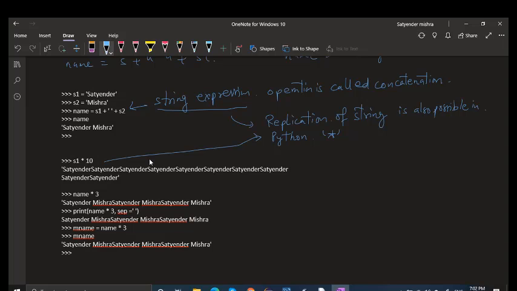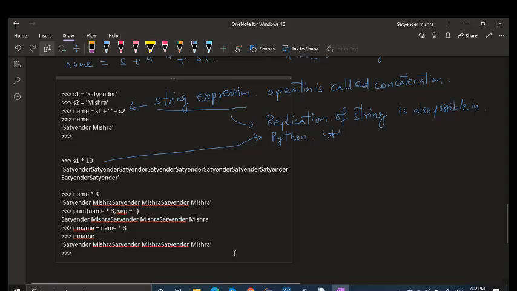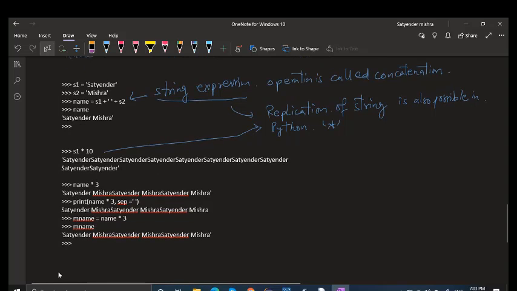Let me talk about a very simple thing regarding evaluation of arithmetic expressions, then I can jump to a topic called type conversions.